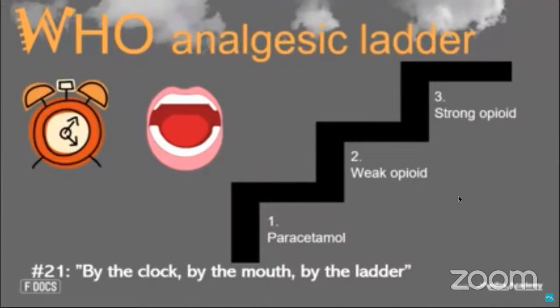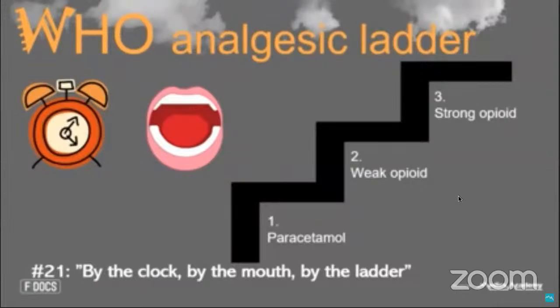And they are that when we're prescribing analgesia, and this was written with advanced cancer pain in mind, we should prescribe by the clock. So give regular analgesia rather than wait till somebody's got pain and give them PRNs. Anybody with pain should have it managed by regular analgesia. By the mouth, if that route is available. These are World Health Organization rules, and so oral analgesics are always going to be cheaper and more widely available across the world. So by the clock, by the mouth, and by the ladder.